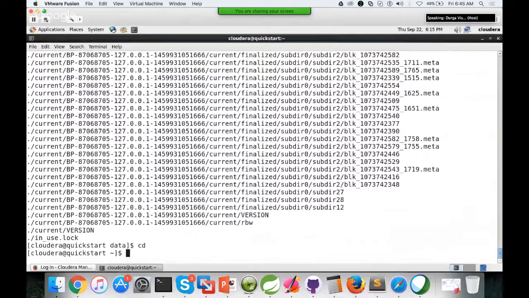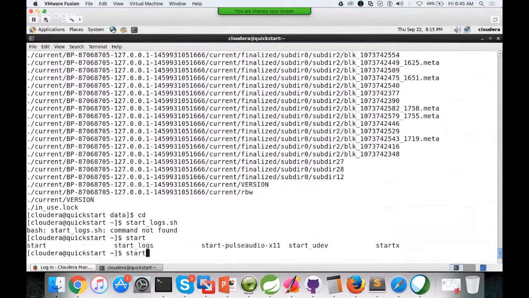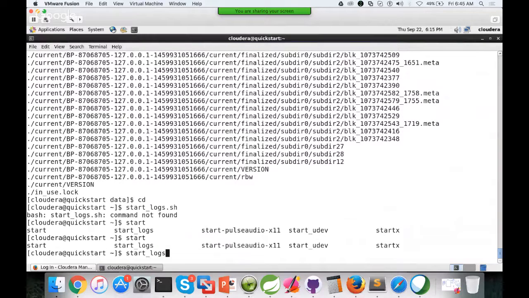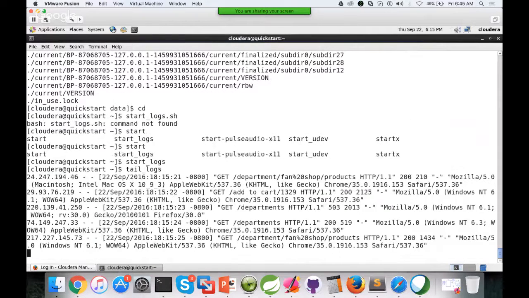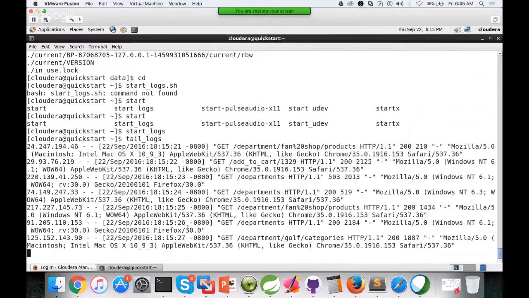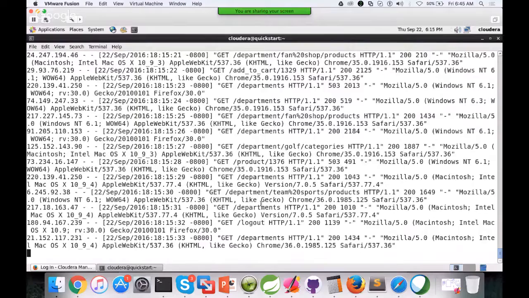show you here. So Cloudera Quick Start VM comes with a tool called gen_logs. Okay, so you can actually run a command. If you are using Cloudera Quick Start VM, you can run a command called startlogs.sh. Startlogs, not startlogs.sh. Okay, now the logs are being generated, and you can see tail_logs. And it is just a simple application, a Python based script which will generate simulated logs for our